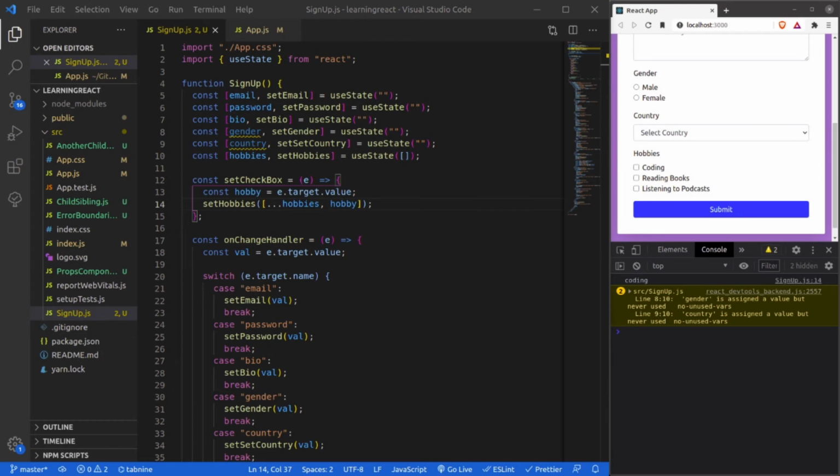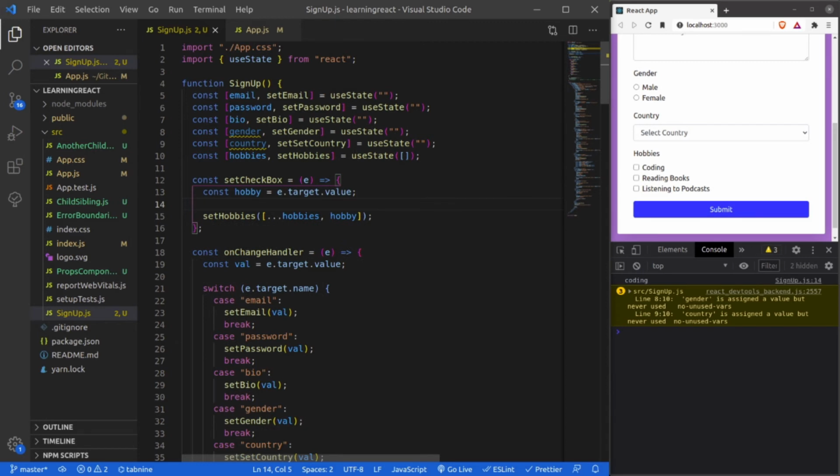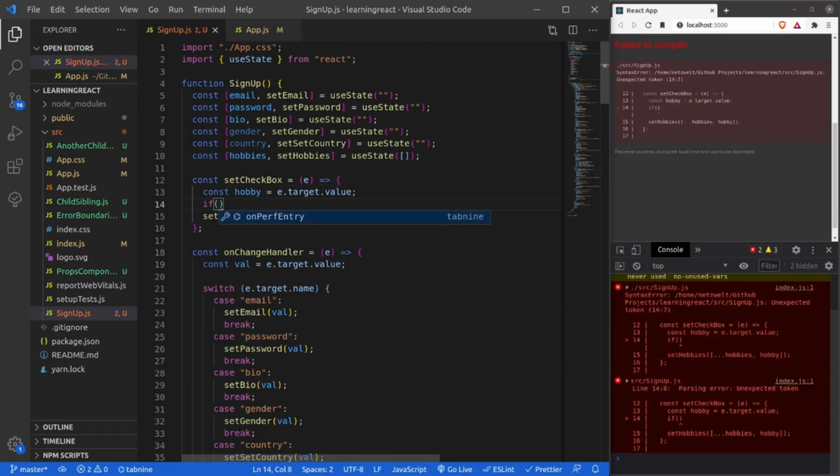So what I am going to do here is check if this particular hobby already exists in my hobbies array, then it should remove that from the array and then set those hobbies as the new array. So let's stick to the logic and see what I'm going to do now.